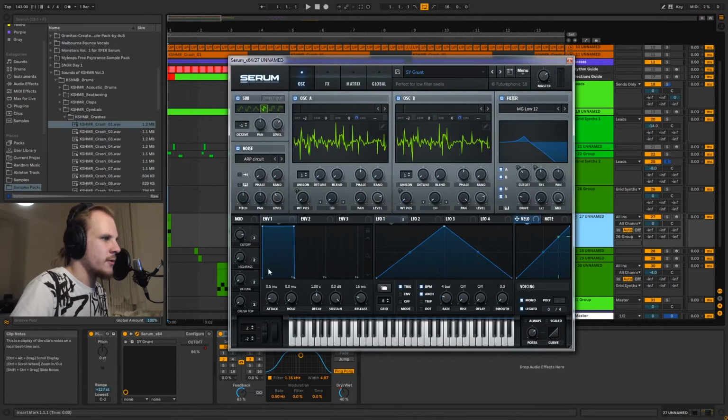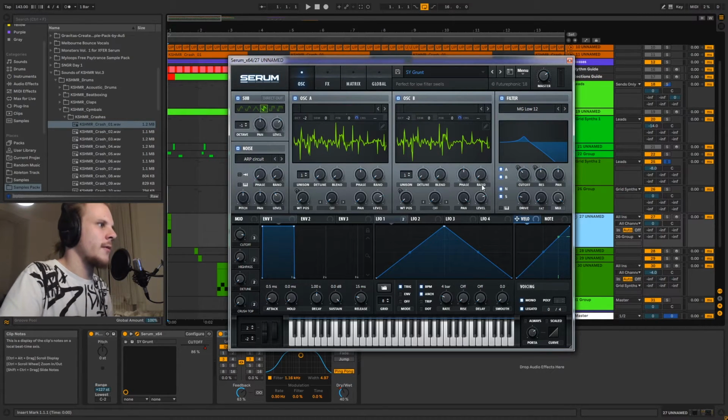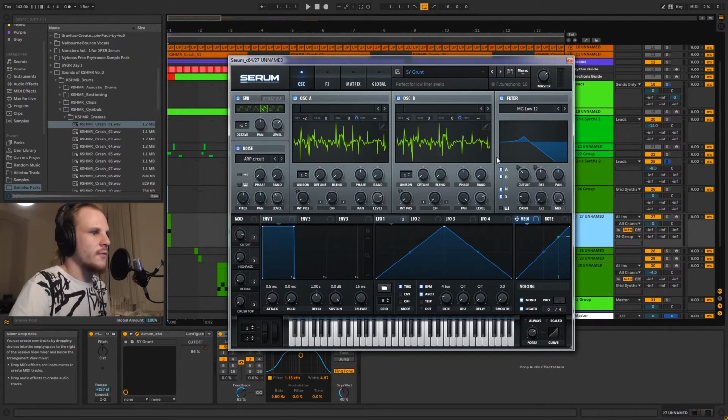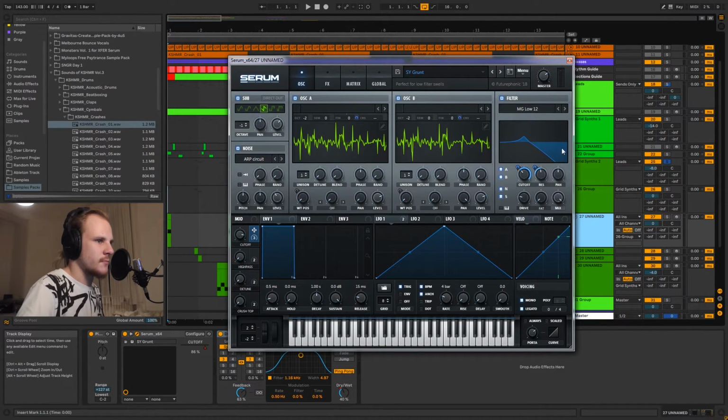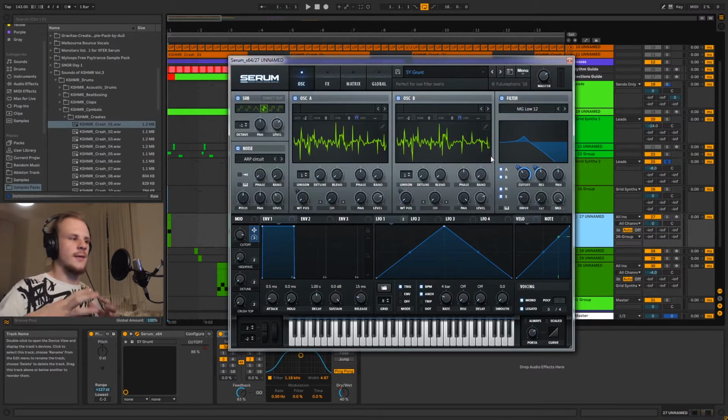I'm gonna open up the main one here, and as you can see, what they are doing doesn't really matter. The main thing is that we see a saw wave here and a lot of harmonics, meaning that there's a lot of warmth, as well as being able to have a low pass filter. And those two things really matter because the low pass filter really helps in getting that warm mid-range through, and